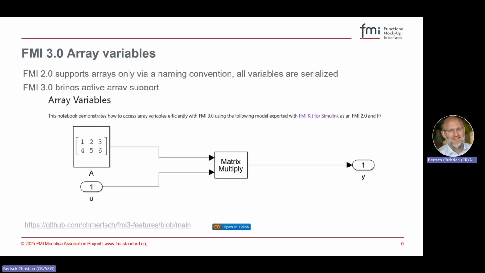As already mentioned, we have these array variables now in FMI3, which for large data, matrices and arrays, gets much more efficient, because in FMI2 there was only a naming convention for arrays. So you still can write, let's say, matrix A with a bracket in the index, but under the hood, every index variable had its own scalar variable. So if you set a matrix,